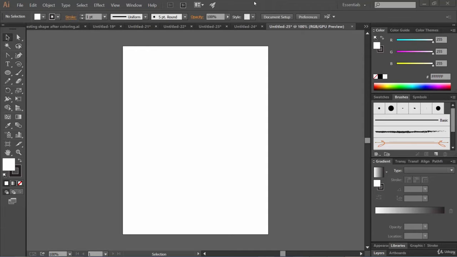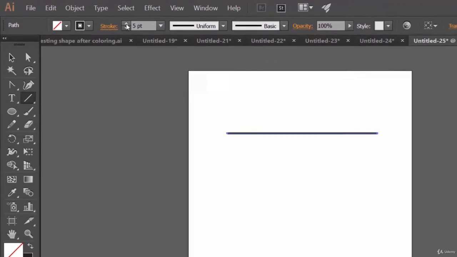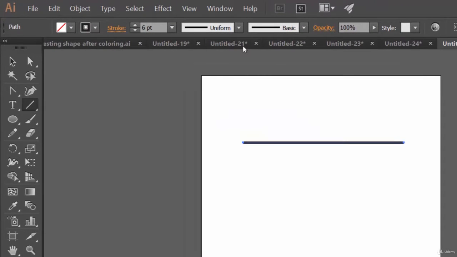That's it guys. Yes friend. And we may use this width tool also. So first of all, let's select the line tool and let's draw a line. And remember that while drawing a line we need to hold the shift key to make it a straight line, isn't it? Now let's increase the stroke width to around 6 points, which is kind of fine,